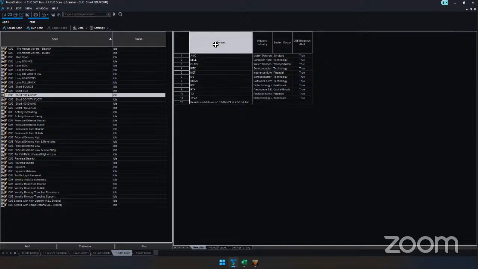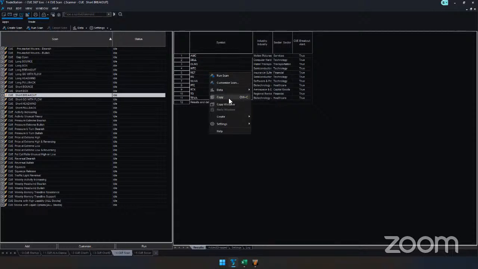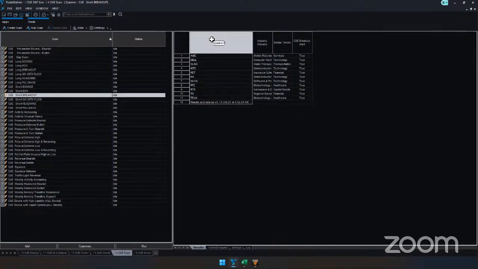So you just right click at the header, copy or Control C. You could do that, or you could drag and select the stocks only, right click, copy or Control C. Easier is just to click the header, because sometimes you'll have hundreds of stocks scrolling down. Just click the header, copy or Control C, go back to Vital,